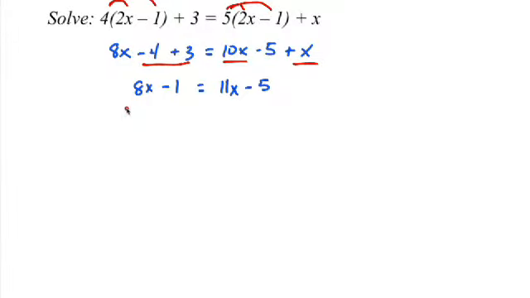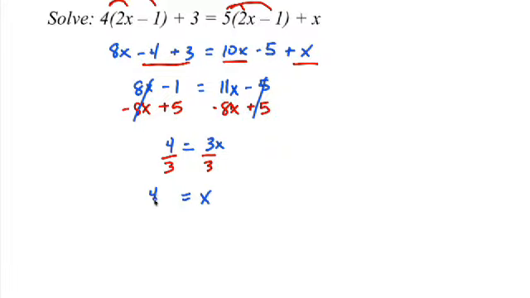I'm also, at the same time, going to bring the 5 to this side. There's no sense in doing 2 separate steps because we realize that most of you are going to be doing this all in one step. So that leads us to the following. Those cancel, so you have just a 4 on the left side. 11 minus 8 is 3, and then those cancel. So you're down to just 3x equals 4. Last step, clear this 3. To do so, you're going to divide both sides by 3, giving you the final answer of x equals 4/3. Okay?